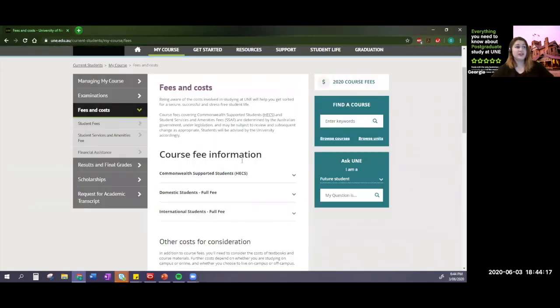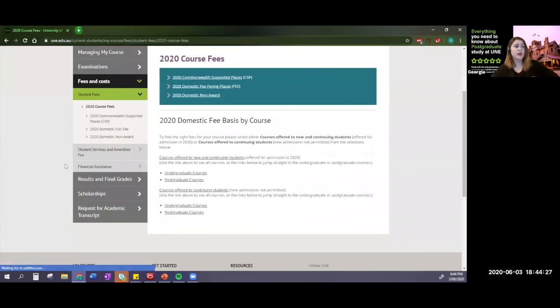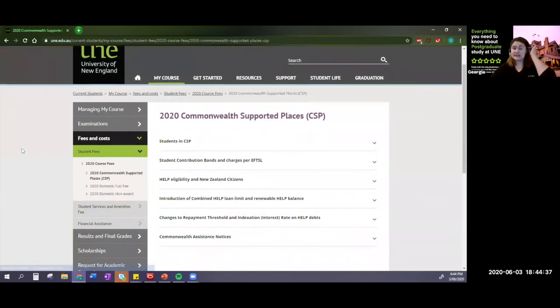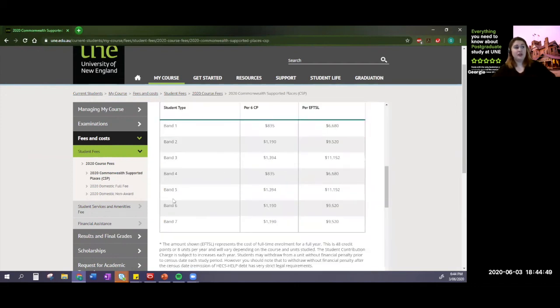For the actual fee of the course, you can just come over here and go to our student fees, and then it'll pop up with the 2020 course fees. So if you are an Australian citizen or permanent resident or New Zealand resident, you'd be looking at a Commonwealth supported place for this course. So it does mean that the course is government subsidised, and it does come in under a band 5. So band 5, you can see student contribution bands and charges per EFSTL. So under band 5 is where law pops in under,